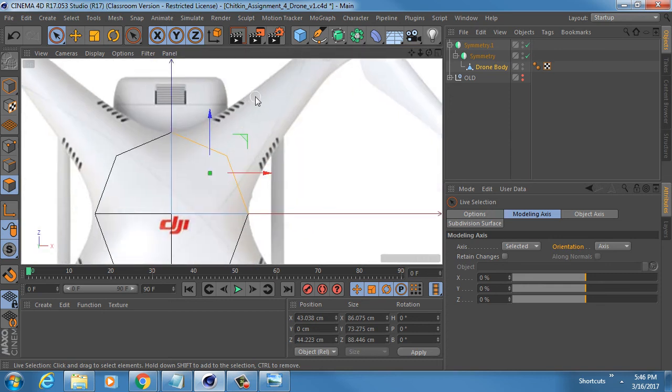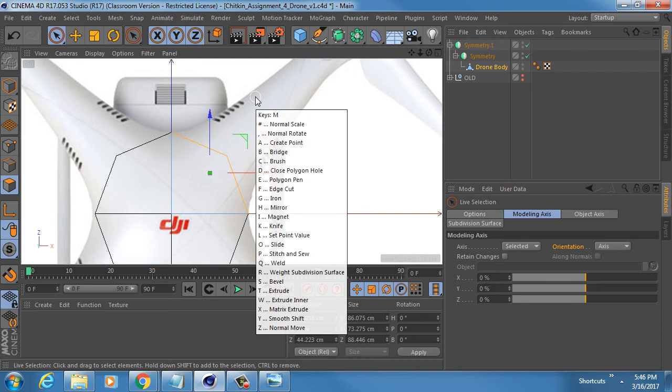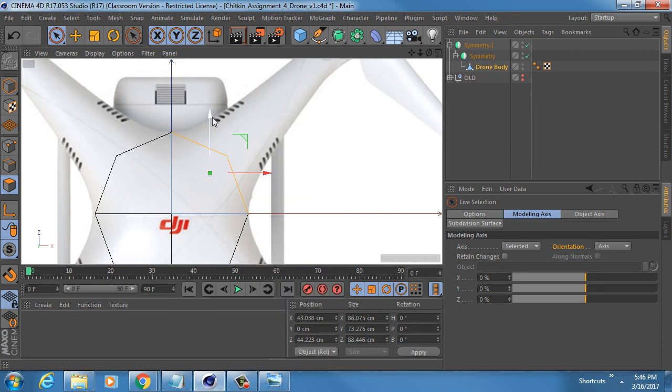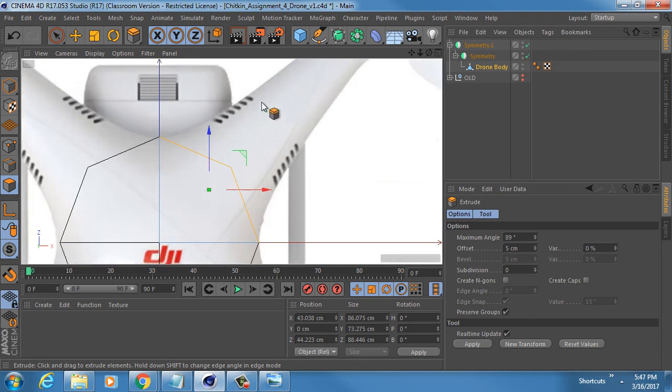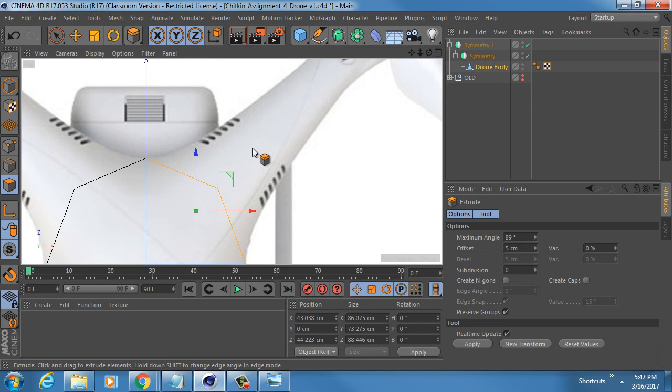And I can extrude. I just used the letter D, which is the super shortcut. There's shortcuts and then there's super shortcuts. D is just the super shortcut for the extrude tool. So if I just left click and drag outwards, this is going to look kind of crazy. Not necessarily the shape we're looking for,